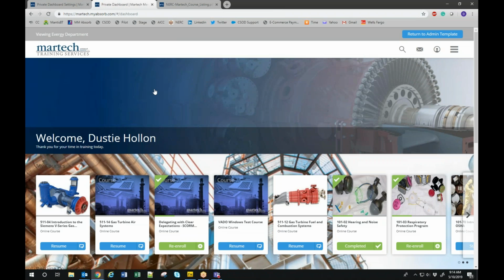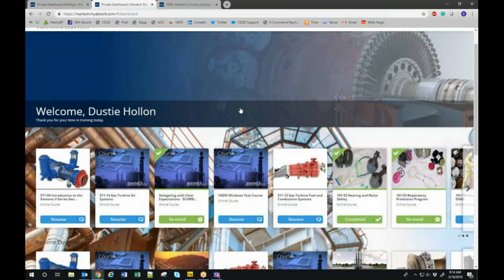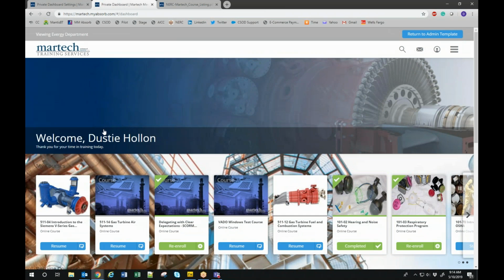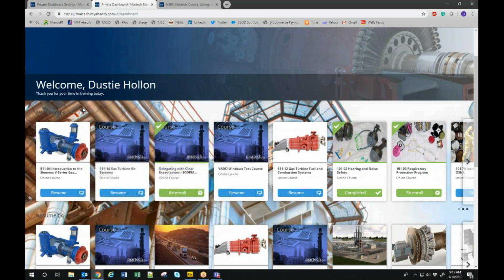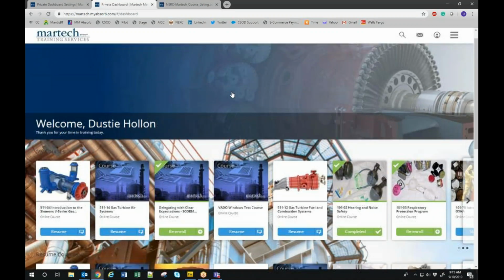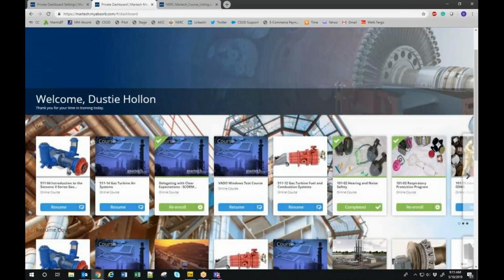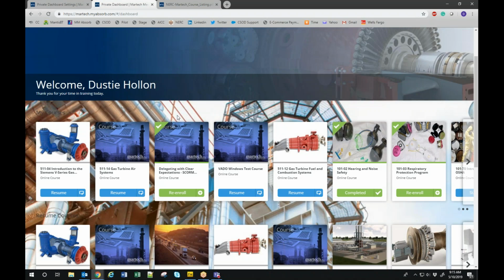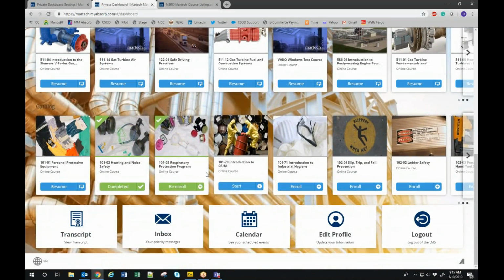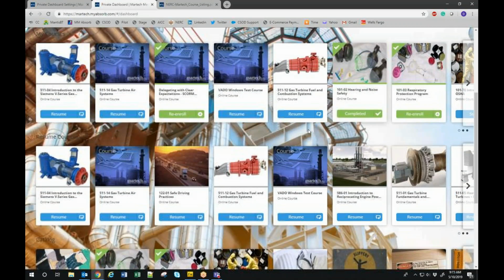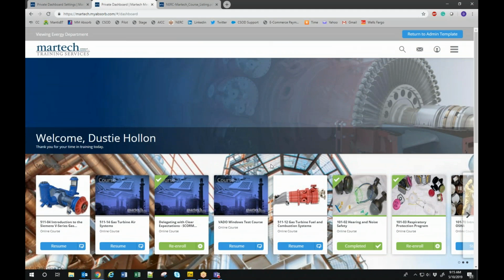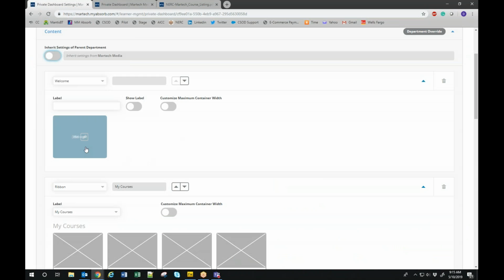So this is viewing the Evergy department, and this is something that I was playing around with earlier. And this is showing the welcome page. They have a background image saved, and I don't really like the background image. I just wanted you to see what it could do. I could probably have something more subdued, maybe a light black and white image. So if I come back over to the welcome page,